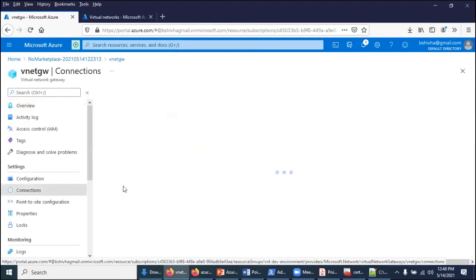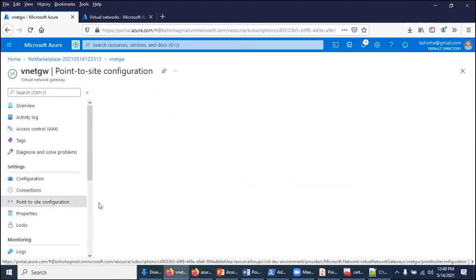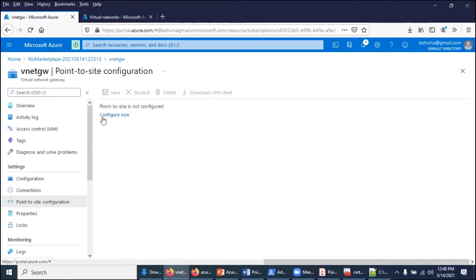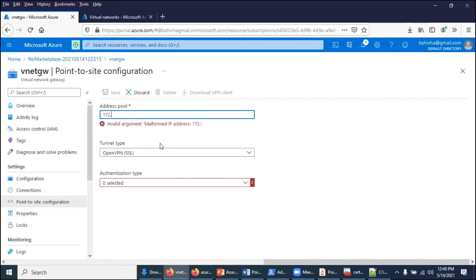Okay, connections, point to site connection. So we need to go to point to site connections and configure it now. Right now it's not configured because we just created a skeleton. So say configure it now. You give some address pool. I will explain why we need this. So you can give any range here,